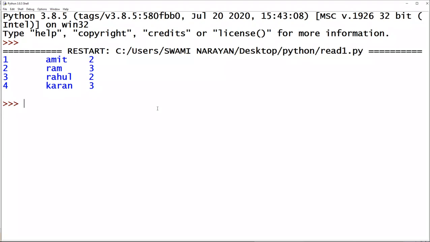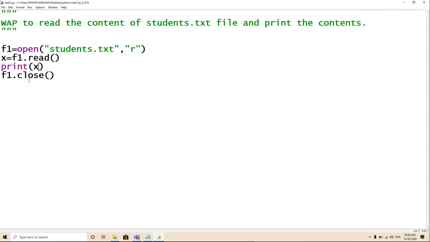I will discuss this, and this is your assignment also: why it is putting one extra backslash n when I'm using this, and why not when I was using a loop. You have to experiment a little bit and research on it so that we can discuss it later on. If you are not able to find out, then of course I will give you the explanation, but still try to find out.